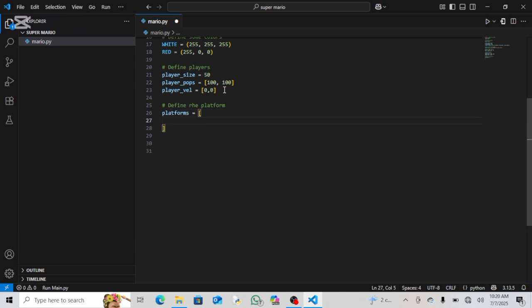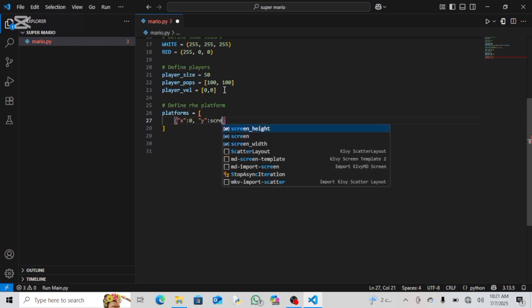Inside here, I'm going to say x, then use this to close the x, sorry, a quote to close the x. Then I'm going to say 0 and comma here. Then also for y, give a little space. For y, I'm going to use this also and have a y inside there. Then for the y I'm also going to use a quote to close it. But this time the y is going to be for screen height,